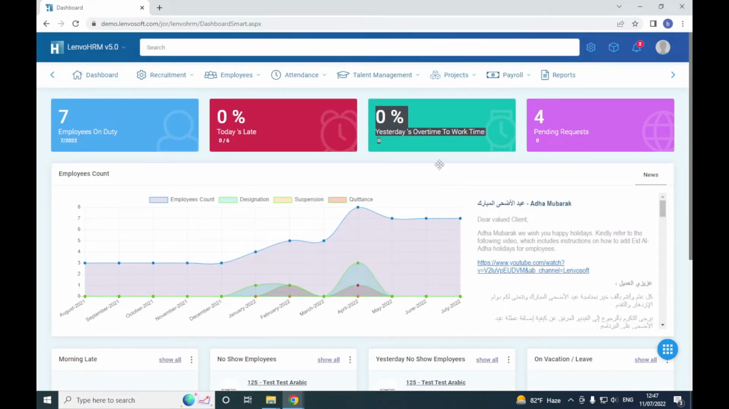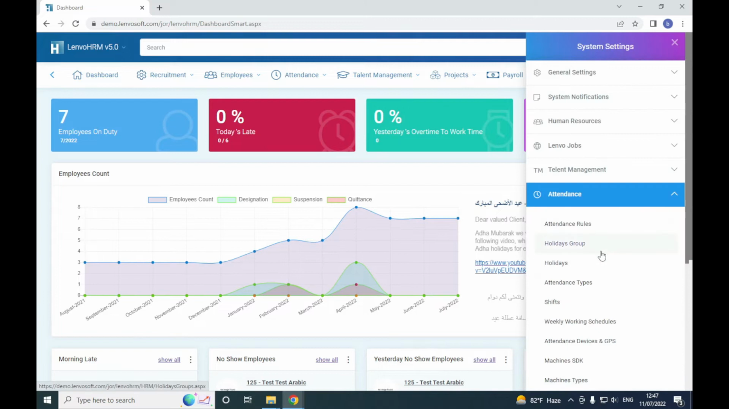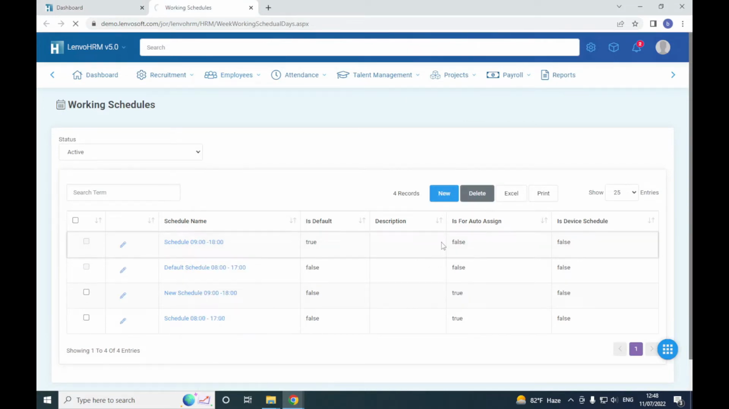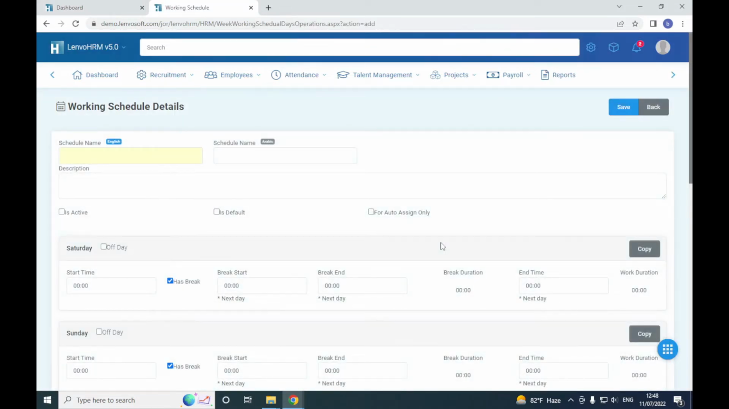To start with, we will assign working schedules. How to do that? We will do weekly working schedules, add a new, and for this example, we will do auto-assign schedules. So let's name it morning schedule